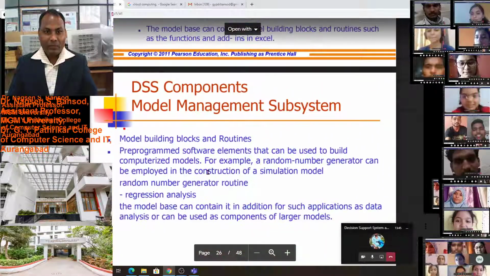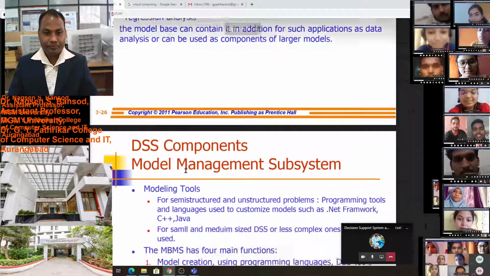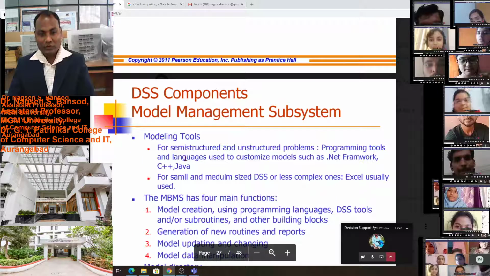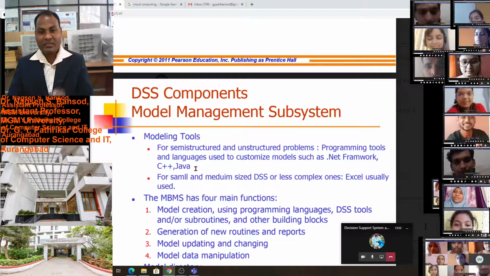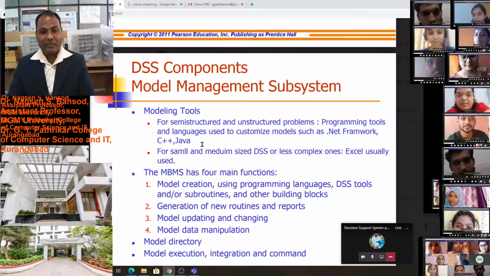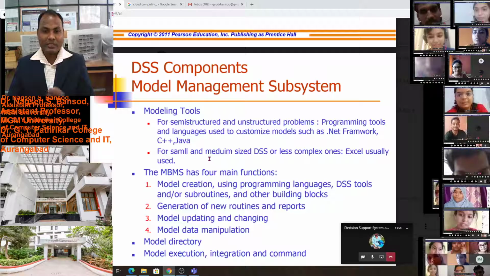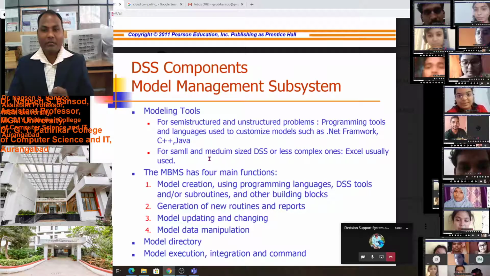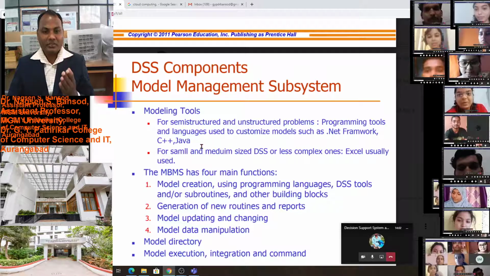In the model management subsystem, we studied modeling tools for semi-structured and unstructured problems, and programming tools and languages used to customize the model, such as the .NET Framework, C++, and Java.